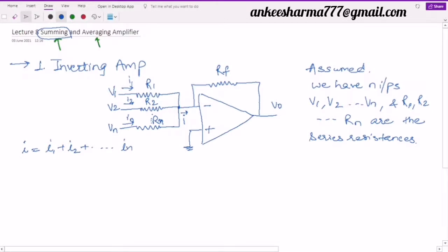And I can be represented as, now I'm going to make use of my concept of virtual ground. I guess you all remember this concept. What was that concept? It states that if the non-inverting terminal is connected to ground, definitely the other must be at ground potential, though they are not actually connected together. These are actually open circuited. If you look here, the input resistance Ri is very, very large.